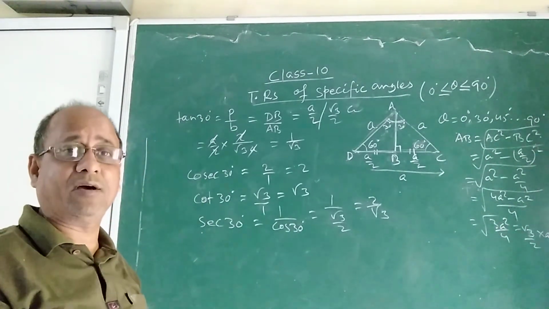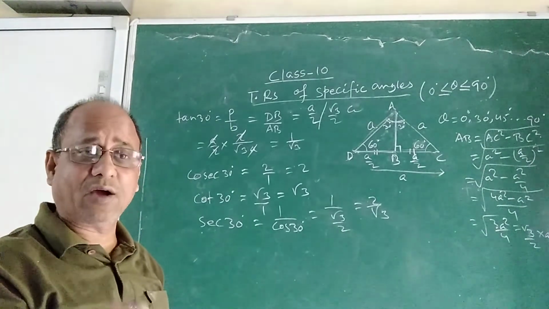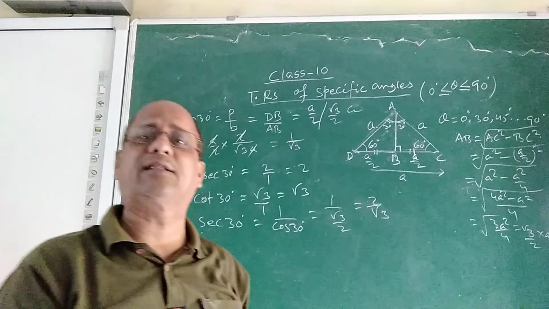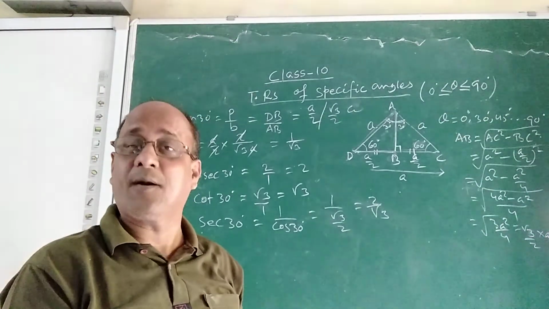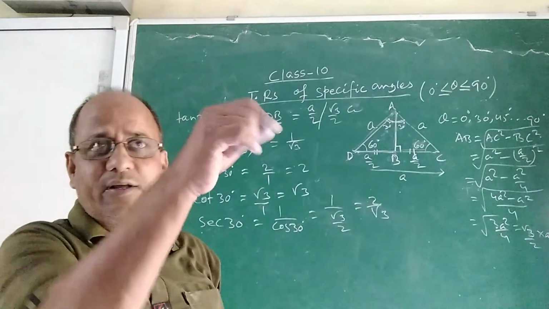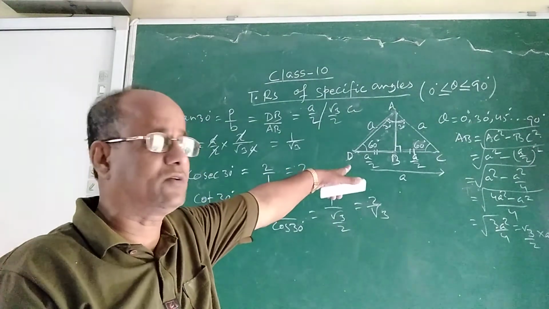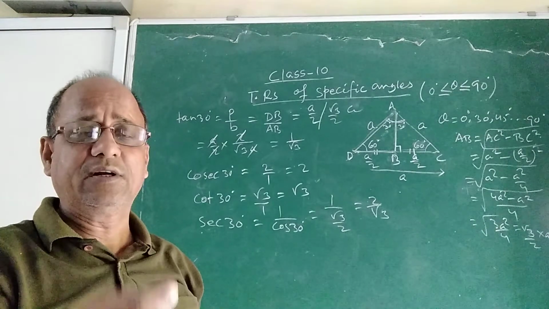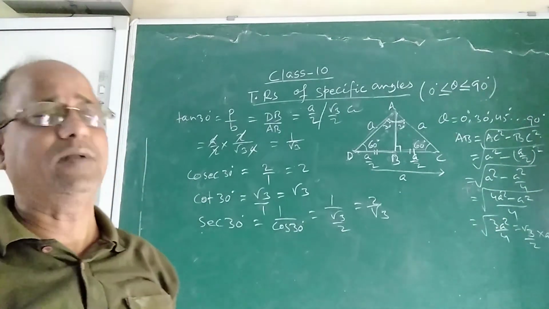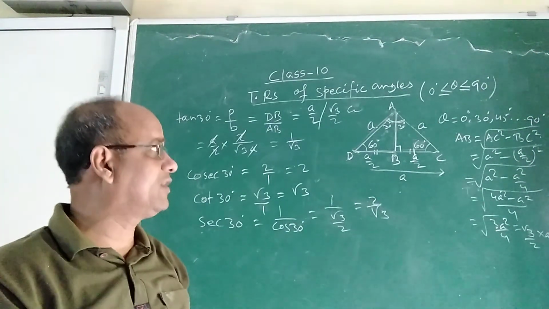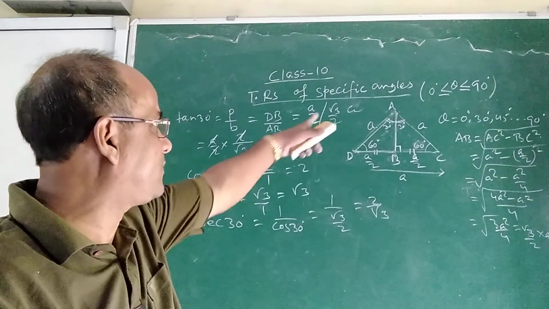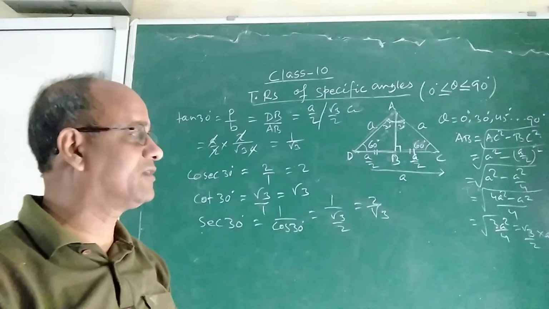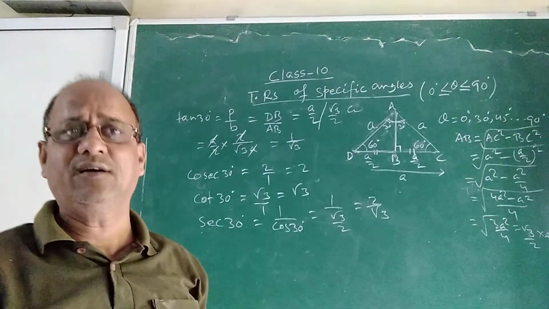But if you remember, what is the benefit? The benefit is you can apply it instantly without doing any proof. Suppose somebody asks you what is the value of sin 30 degree. You should promptly say it is 1 by 2. If you derive it, you see how much time it took me to derive sin 30 equal to 1 by 2. So it will take time to derive the value. Hence please remember the values of all trigonometric ratios for specific angles lying between 0 degree and 90 degree. We will discuss problems on all these in the next class.